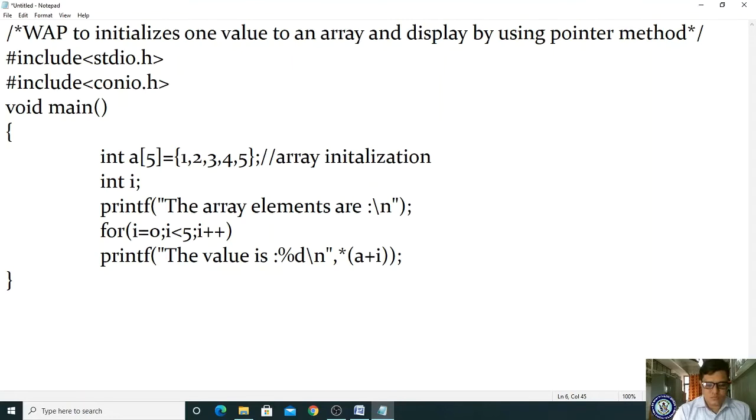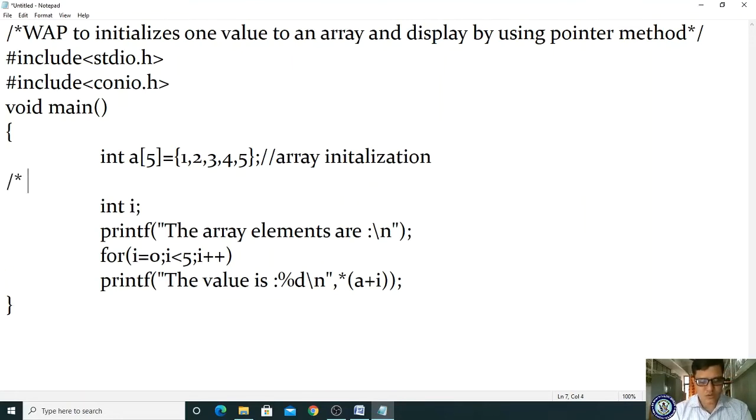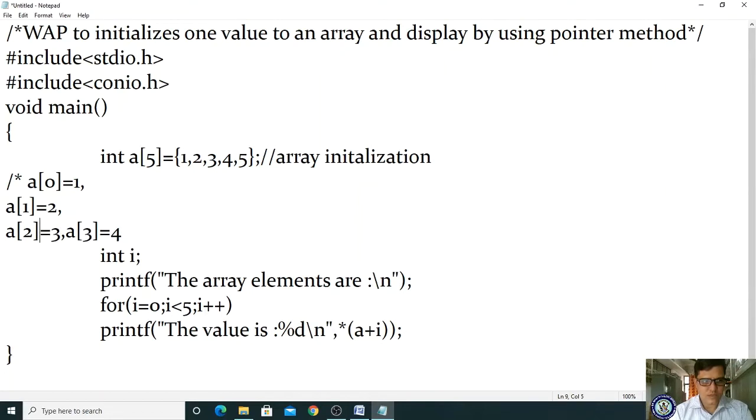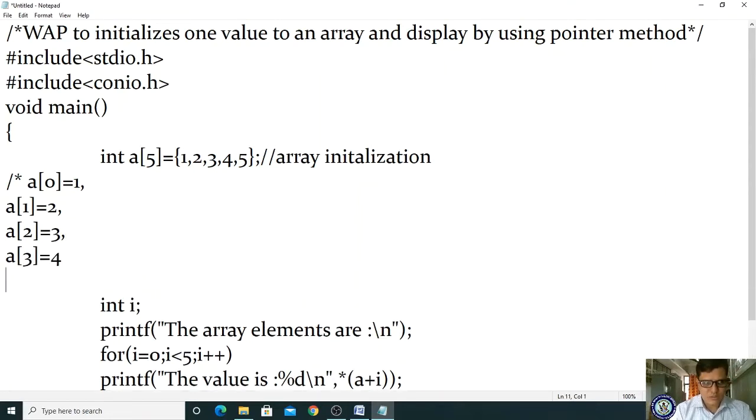So for this understanding purpose, I am using a comment. a[0], what is the value? a[0] location value is 1. a[1] location value is 2, comma, a[2] location value is 3, comma, a[3] location value is 4. Okay, got it? Yes, a[4] is equal to 5.